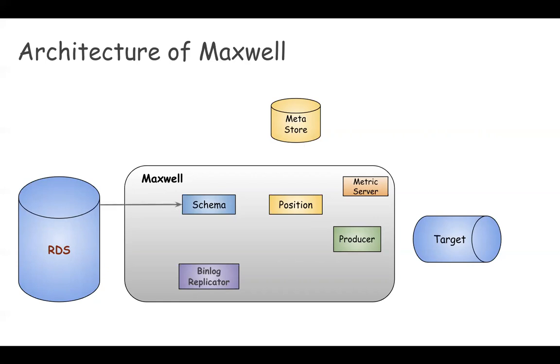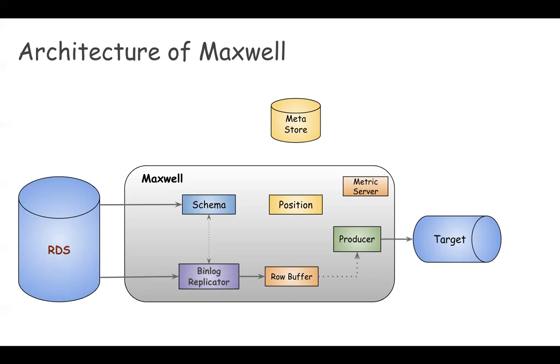The way it happens is, first of all, the schema object is constructed by reading the structure of MySQL tables. And then the binlog replicator starts to process events one by one in an infinite loop. Once it receives the event, the binlog replicator consults the schema to parse it and construct a human readable form of the message. Then the message is placed in an internal row buffer. This is the row buffer from which the producer picks the record. So the row buffer is a queue from where the producer picks the record and pushes it to the target.